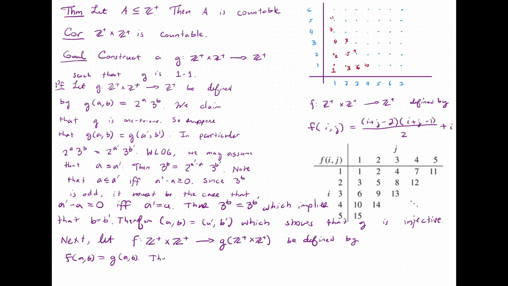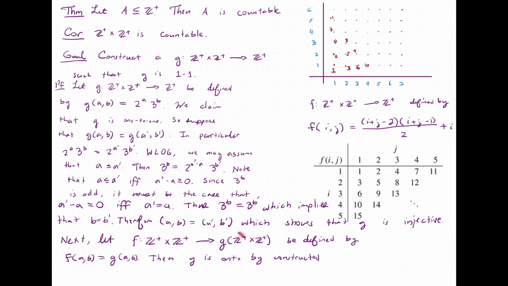And then f is onto by construction. So we've constructed it so that it's onto. We have put the whole image of g, in other words the whole range of g, as the definition of